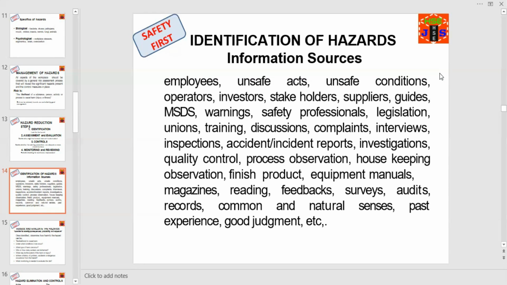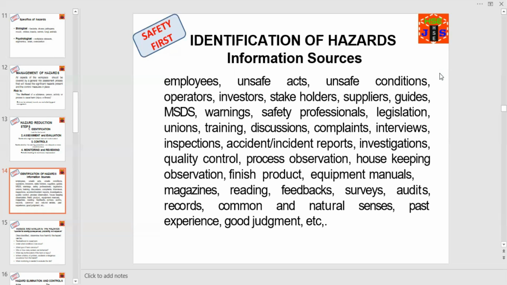The sources of information are employees, unsafe acts, unsafe conditions, operators, investors, stakeholders, suppliers, guides, MSDS or safety data sheets, warnings, safety professionals, legislation, trainings, discussions, complaints, interviews, inspections, accident and incident reports, investigation reports,